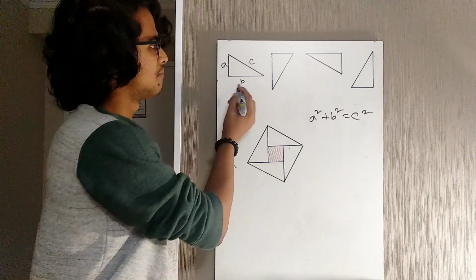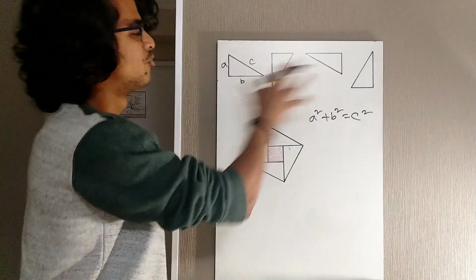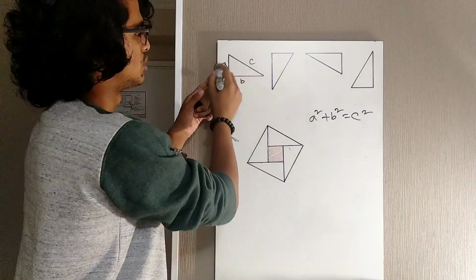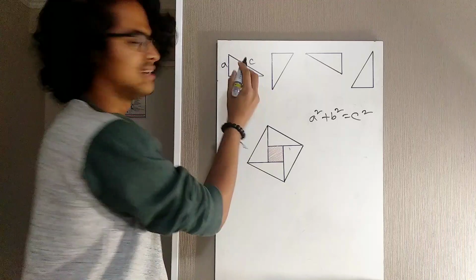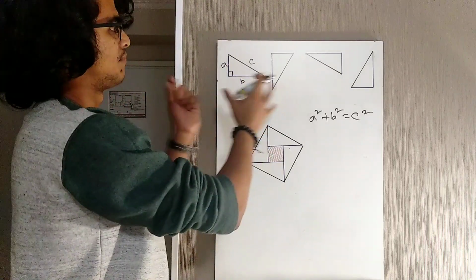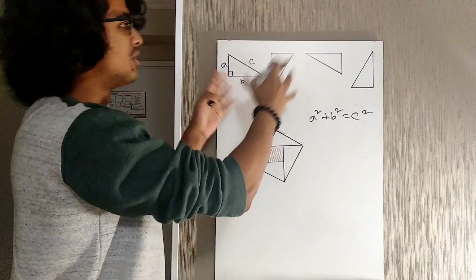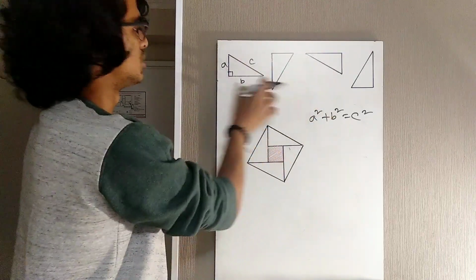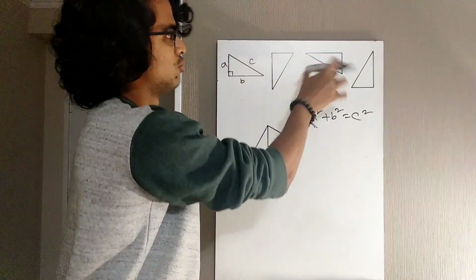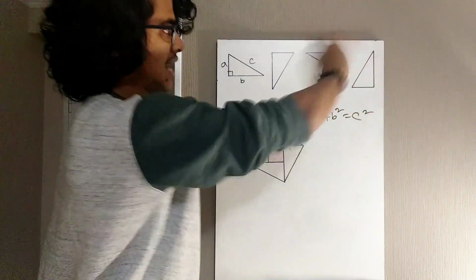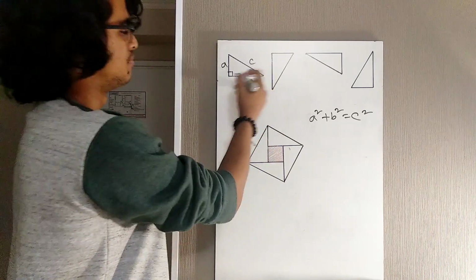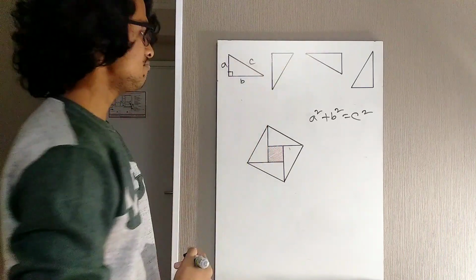Okay, so we have these four different copies of the same right angle triangle, with the other two sides being A and B and the hypotenuse being C, and this is the 90 degree right angle. So basically these are four different copies rotated at different angles. I rotated this one 90 degrees and got this one, I rotated again 90 degrees and got this one, and then another rotation gave me this one. So they are all the same triangle, with sides A, B and C, right?